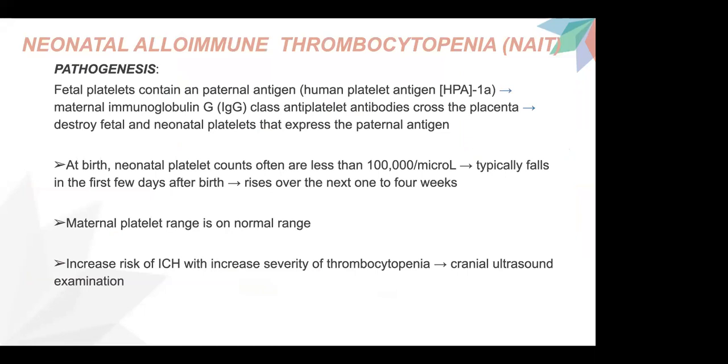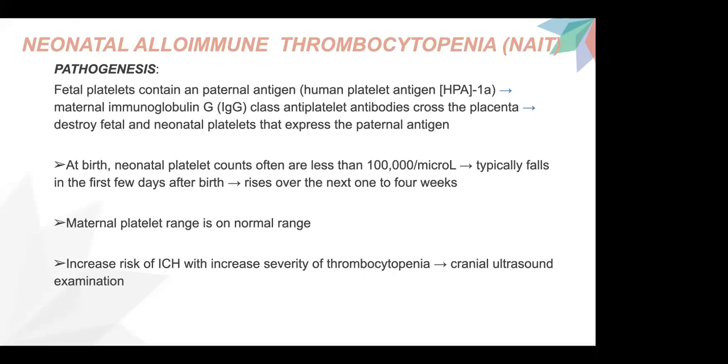Okay, speaking of neonatal alloimmune thrombocytopenia, NAIT, that I mentioned before, this is under the mechanism of immune-mediated thrombocytopenia. Okay, what actually happens in NAIT is the fetal platelet will express a paternal antigen that is typically human platelet antigen HPA-1a. It is an antigen that is inherited from the father's side, the paternal side. But the thing is, the mother deems this antigen as a foreign body or foreign matter. Like, I don't recognize this thing. So, the mother will